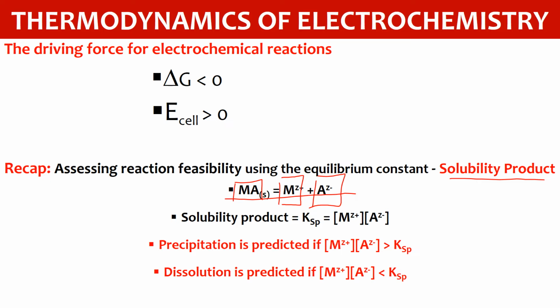The KSP, or the solubility product of this reaction, can be termed as the activity or the concentration of these ions. Okay, then we can predict precipitation if this value is greater than the standard KSP. We can also predict some dissolution if the product of these is less than your standard KSP